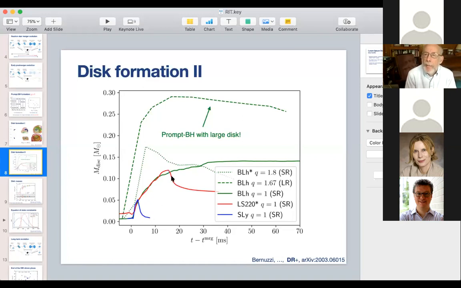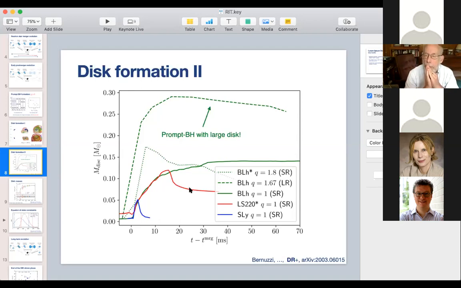And a big fraction of what we call accretion disk, that we define as material with a density below 10 to the 13 grams per cubic centimeter, because this is where the isocontour of density changes from being roughly ellipsoidal to something that looks more like a disk. And this is also where the angular momentum, so the specific angular velocity, peaks. But part of this material is really pressure supported, so this is why it accretes very quickly after merger.